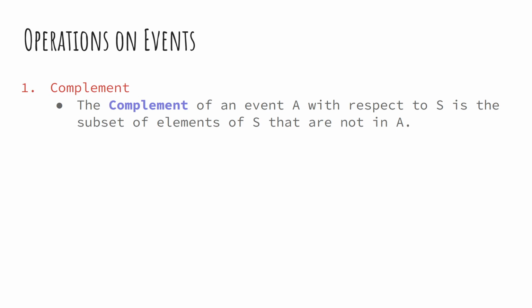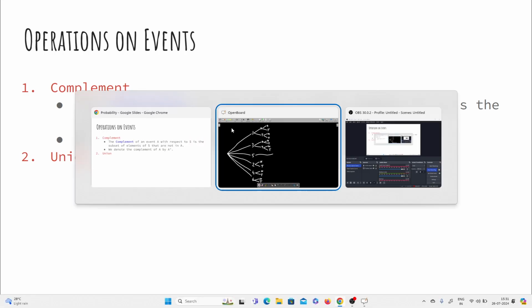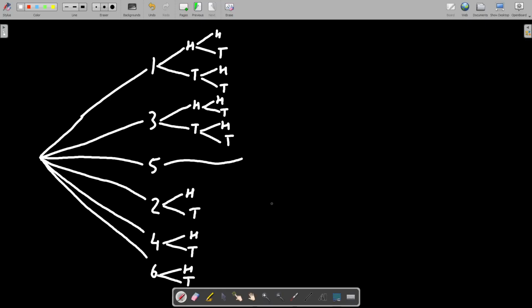There is something called a universal set here, that is the sample space. So elements of the universal set which are not in A. We denote the complement of A by A apostrophe, or we write A to the power C otherwise. Some places they use A bar also, but I won't be using A bar. We'll keep that notation for something else. So let's just see an example before we go further.